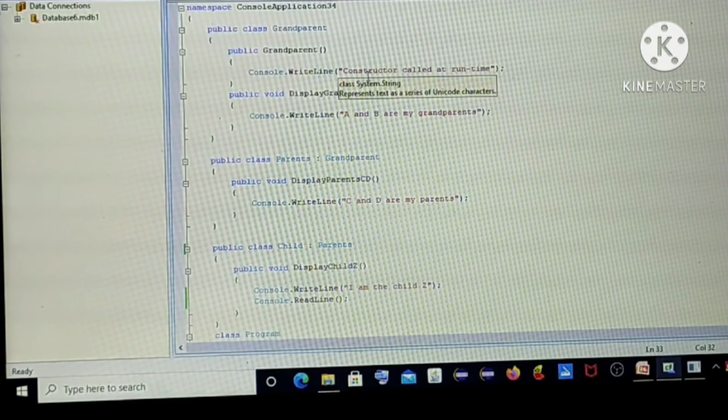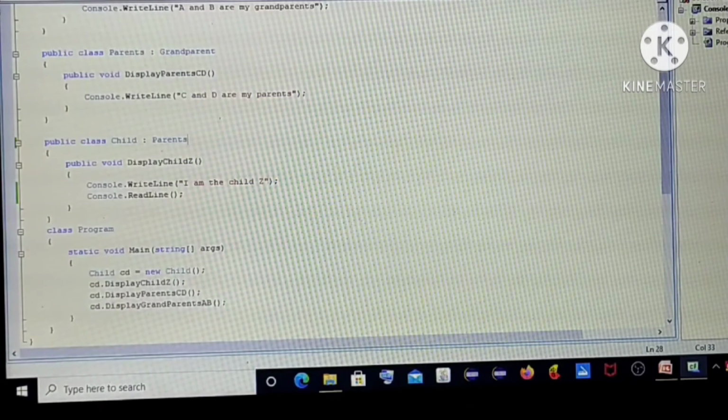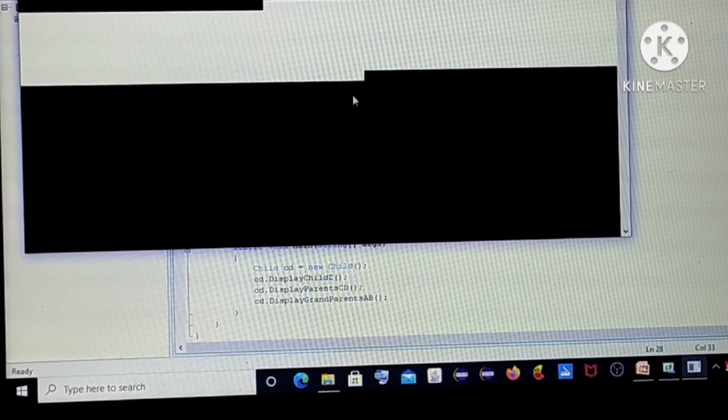Constructor called at runtime. This constructor called at runtime. This is the text of the method which is present in grandparent. Next, I am the child Z.